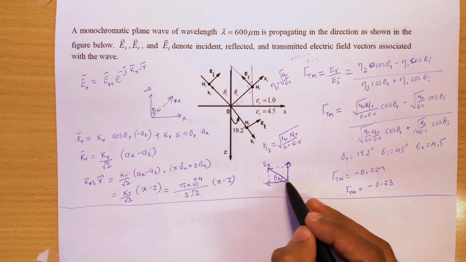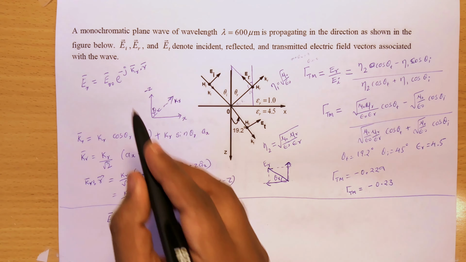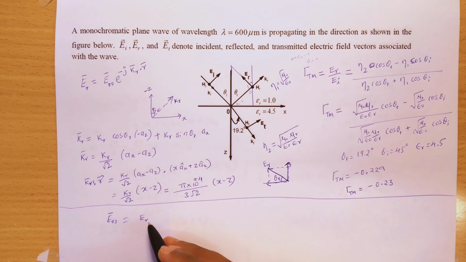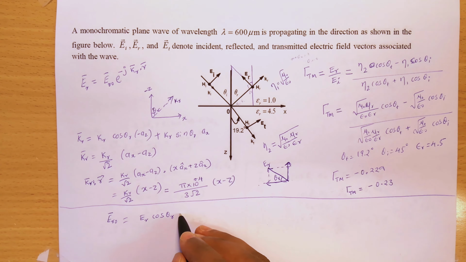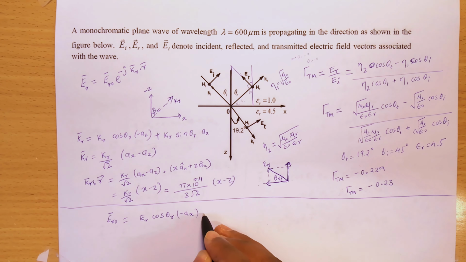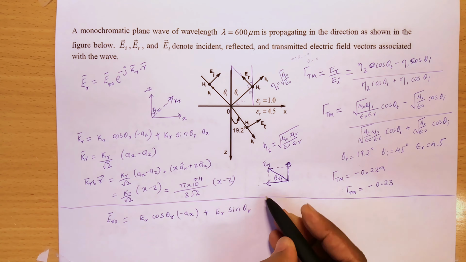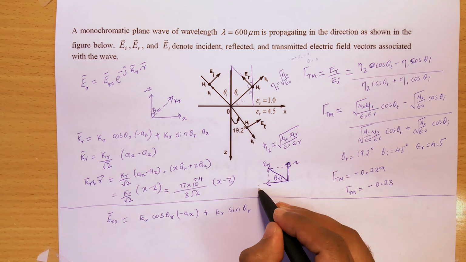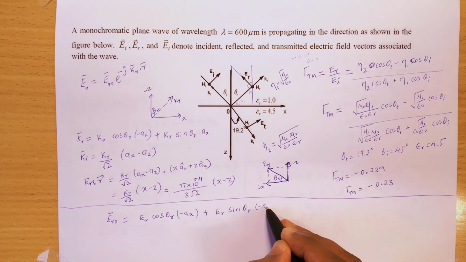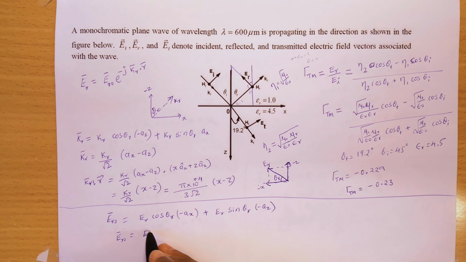So er naught is equal to er, the magnitude, cos of theta r, and it's in the negative x direction, so it's minus ax, plus er sine of theta r, and again this is in the negative z direction, so this is minus az. Then we get er naught cap is equal to er